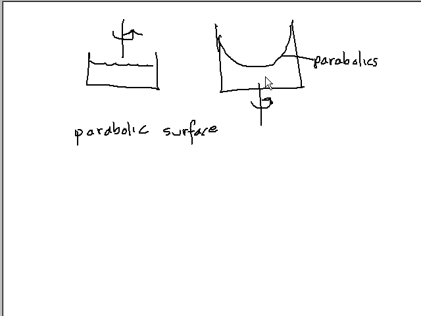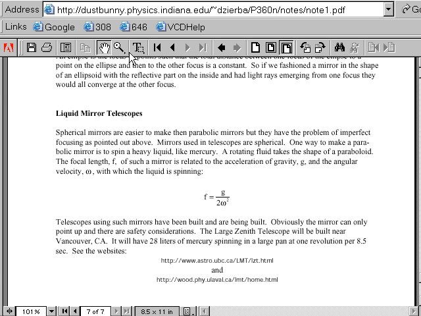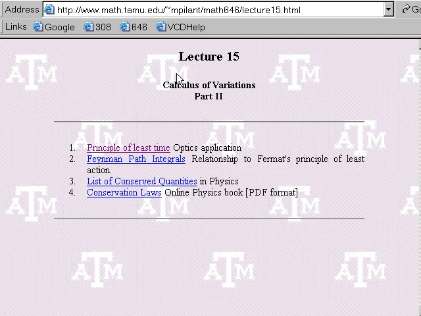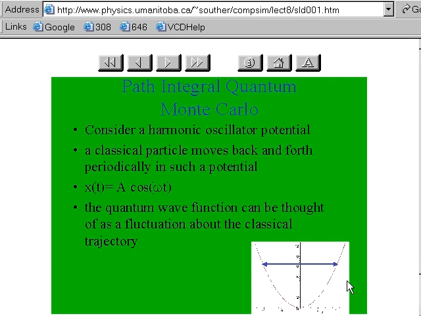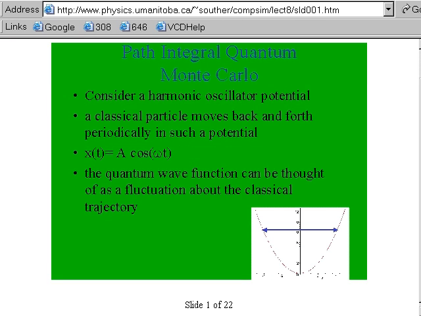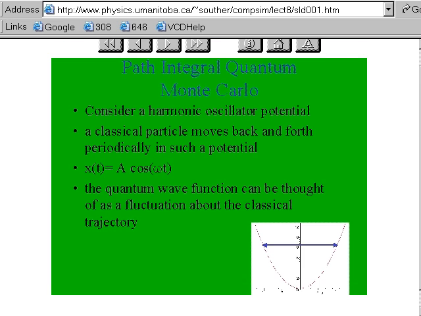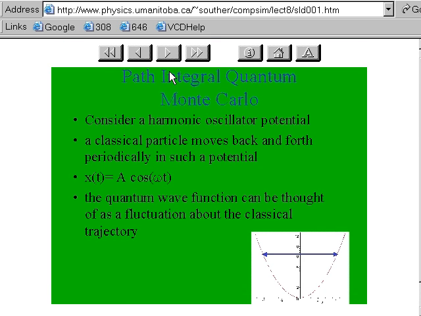Okay, so it's a parabolic surface. Another application that I wanted to talk about, we mentioned this before, is just a nice little introduction to Feynman's path integrals. And this is a little slideshow. And they relate the path integral